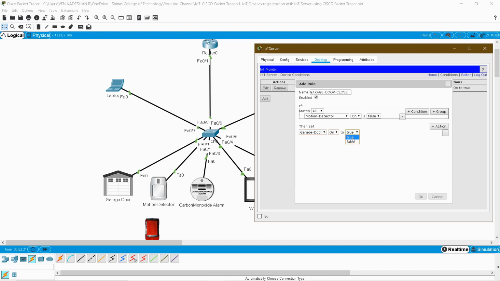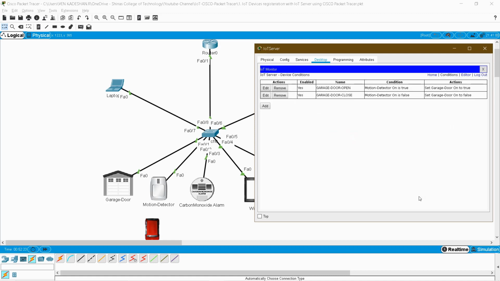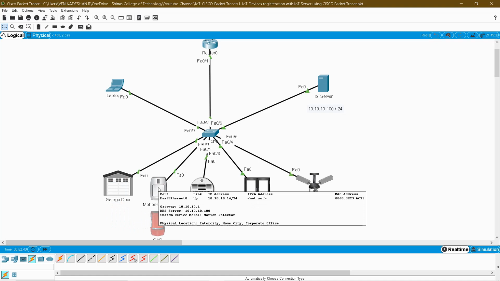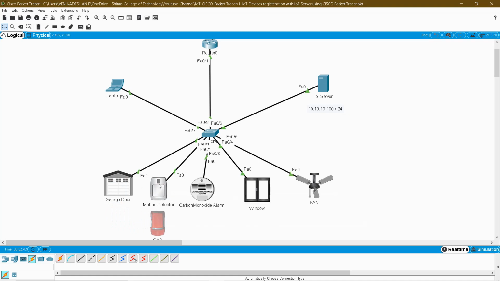That's it. Now I check here. Just move your car, click the Alt key and just move. Yes, motion detected, and you can see the garage door open and the car goes inside. And after 5 seconds the motion detector gets off. So once the motion detector is off, your garage door closes.